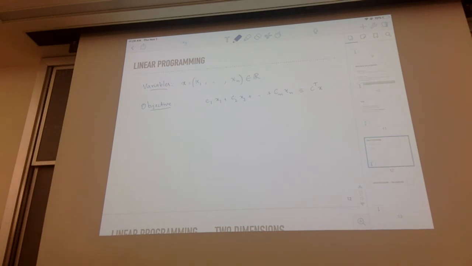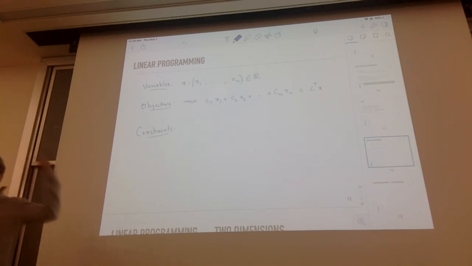So I'll just write it like this. And you either have a maximization or a minimization. Note that they are equivalent for linear functions. Maximizing c transpose x is the same as minimizing minus c transpose x. So this is the same thing. We'll stick to minimizing. And the constraints are